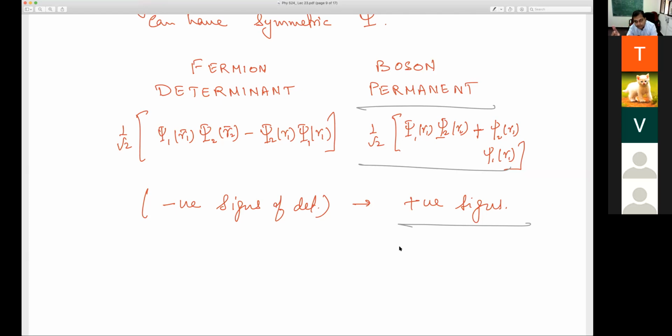For a 2 particle system, SZ can have plus half or minus half values. I had 4 possibilities, so 3 combined into a triplet and 1 into a singlet. So for 3 particles, how many possibilities should I have? The first particle can be plus half or minus half, the second particle can be plus half or minus half, the third particle can be plus half or minus half. So 2 into 2 into 2, 8 possibilities we should have. And out of this, what are the different angular momentum sectors? Then the different symmetric and antisymmetric combinations you construct, you should be able to show that they are also eigenvalues of, number 1, the total SZ, and number 2, the total S square operator.